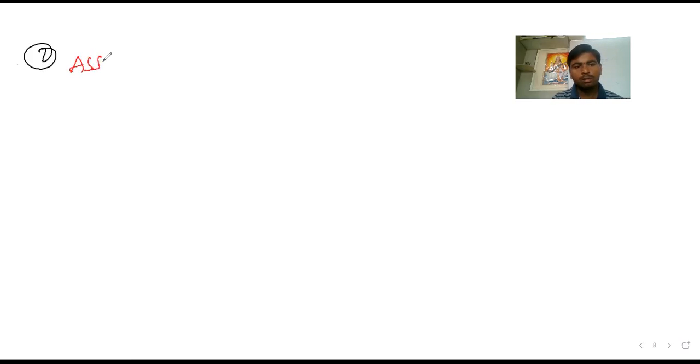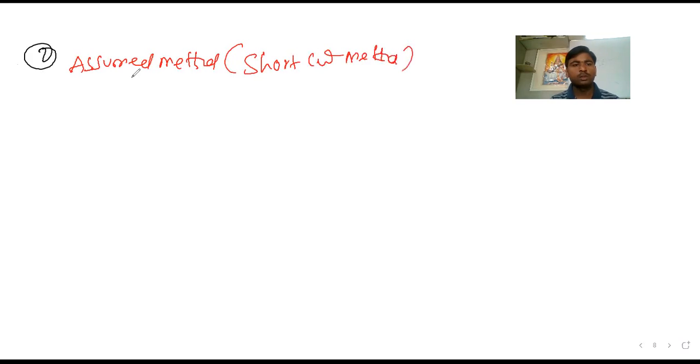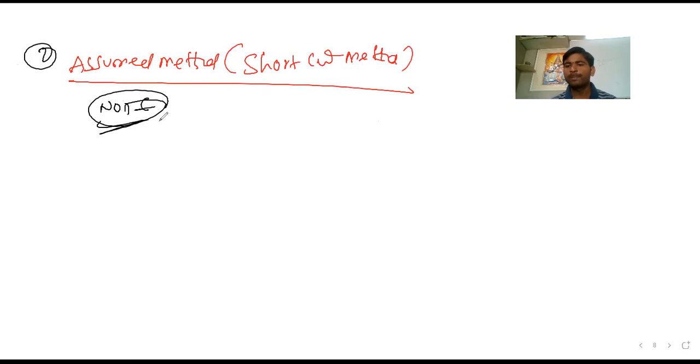Let us take the assumed method, the second method, or else you can call it a shortcut method. This is a method you need to calculate the mean for the given data. The note here is where I use this formula: the value of fi, the frequency or class intervals, the numerical values should be big, higher values, hundreds. There you can go for the assumed method or shortcut method.